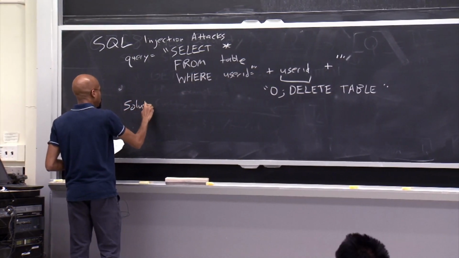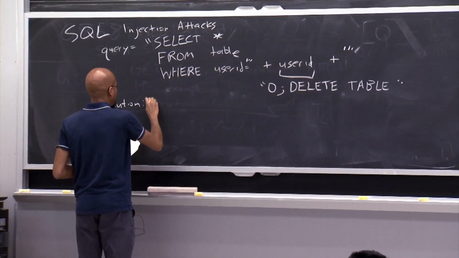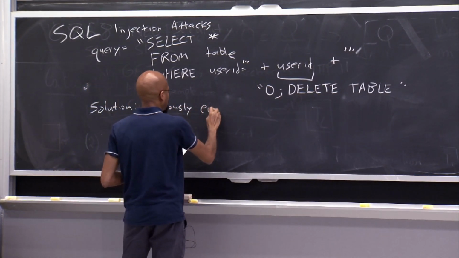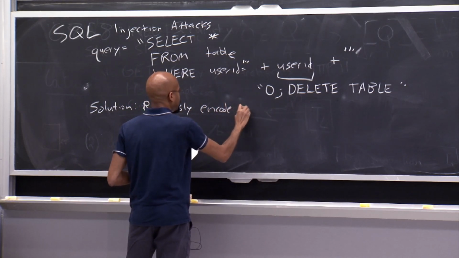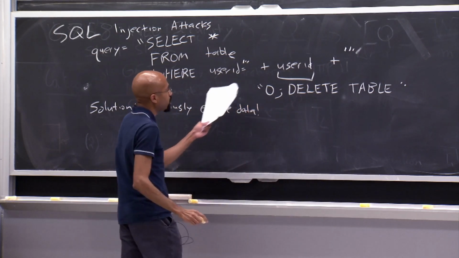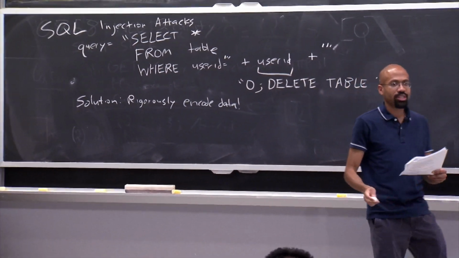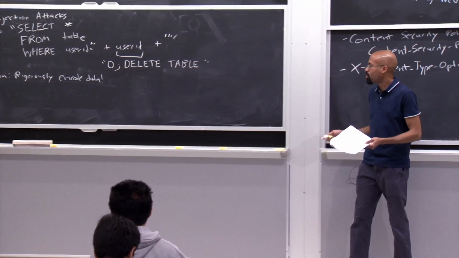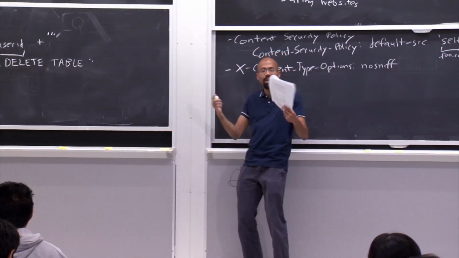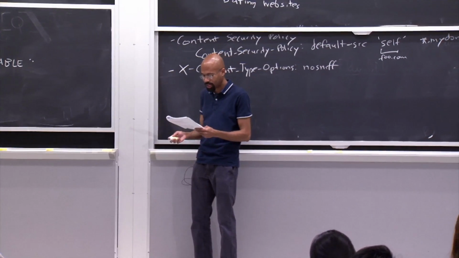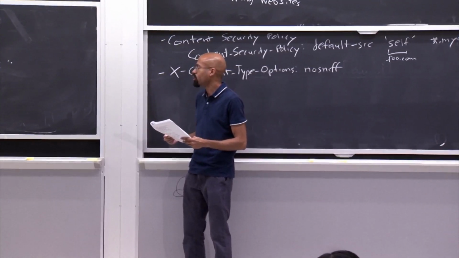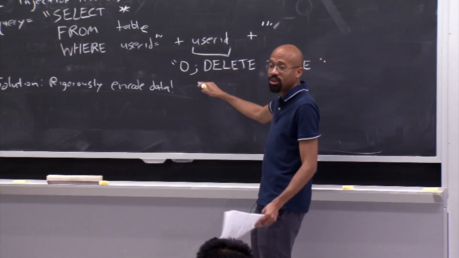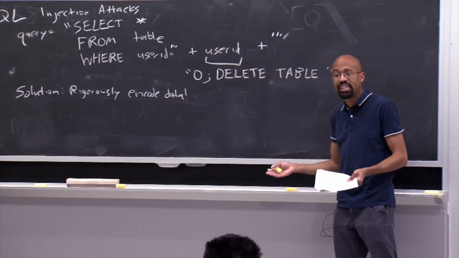you need to rigorously encode your data. And once again, that just means that when you get information from an untrusted source, don't just stick it in the system as it is. Make sure that, for example, it can't actually escape from whatever sandbox you think you're putting it into. So for example, you want to put in escape functions that would prevent maybe the semicolon operator from showing up in raw form or things like this.